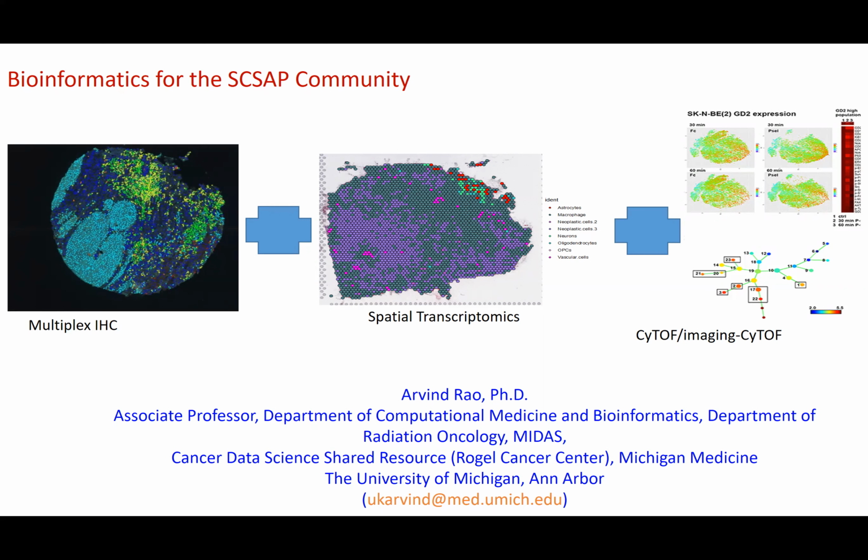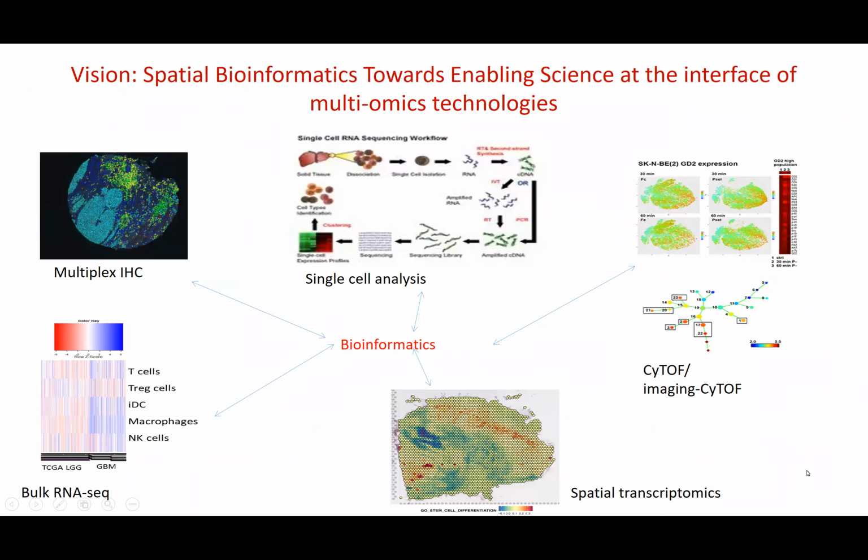An example of where these kinds of technologies can be brought together is illustrated in the following graphic. Imagine if you want to ask a science question that brings together aspects of multiplex IHC, like what Tim described, single cell analysis, which is non-spatial, or a spatial platform like spatial transcriptomics or CyTOF or imaging CyTOF, and put that together with what you might have already discovered by way of hypotheses from bulk RNA-seq data. And so the question that we want to ask is,